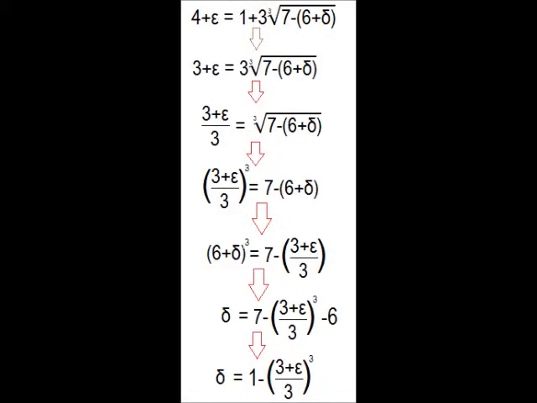To calculate algebraically a positive value of delta for any epsilon greater than 0, no matter how small, for this problem, you would just do some simple algebra to get delta by itself,